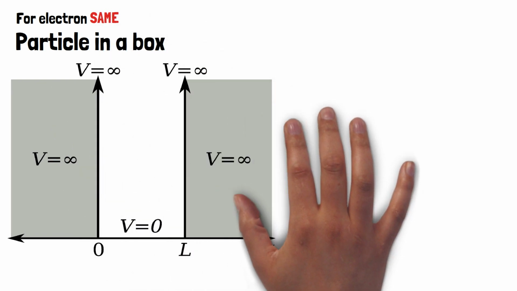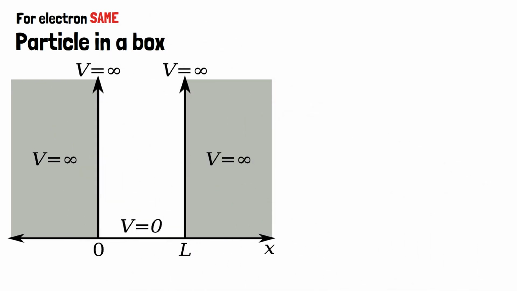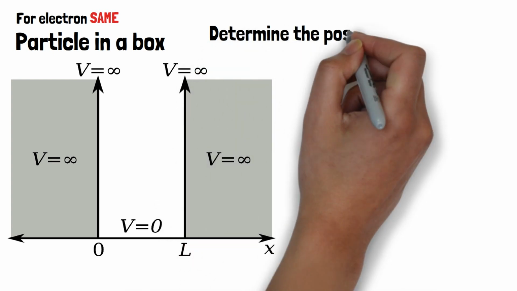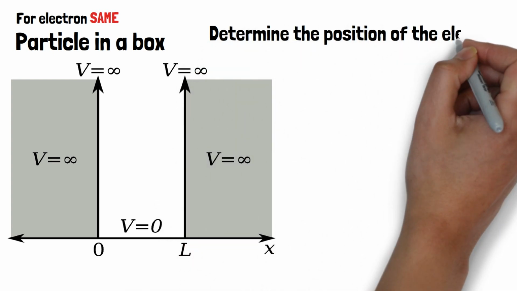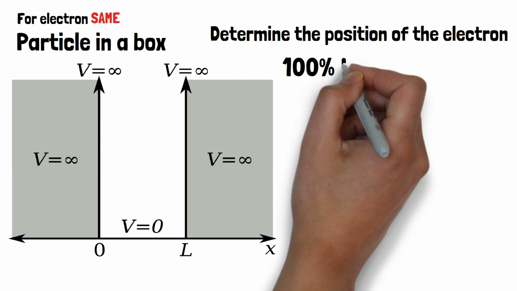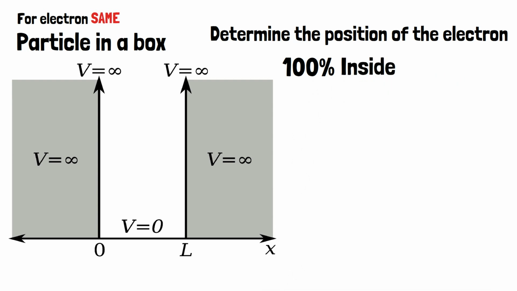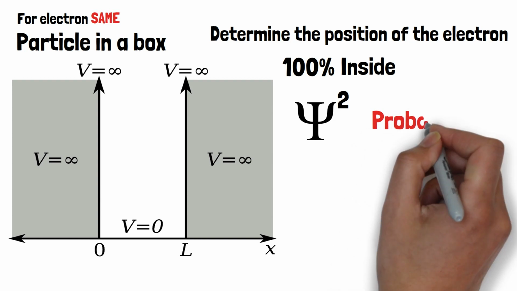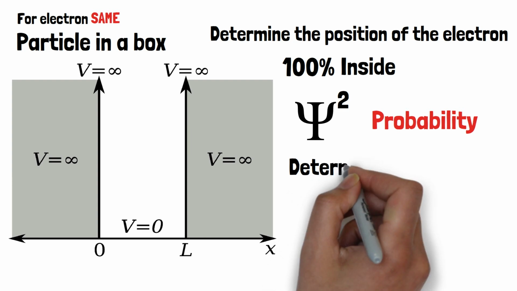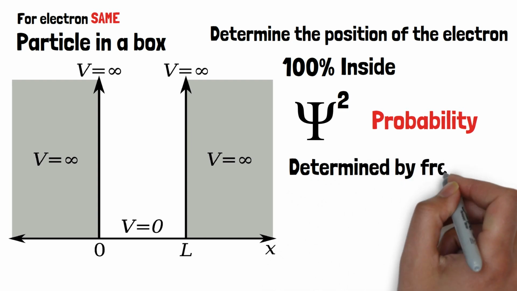An electron is placed randomly inside a box with infinitely high walls, and we want to determine the position of the electron. The only thing we know is that the electron is 100% inside. However, unlike the prior example, we don't know this electron and therefore are unable to make predictions based on our experience. And that's what the wave function tells us. The square of the wave function tells us the probability distribution of the particle inside that box and is determined